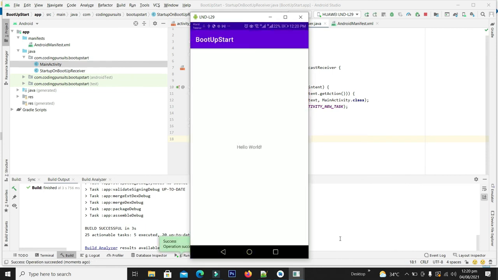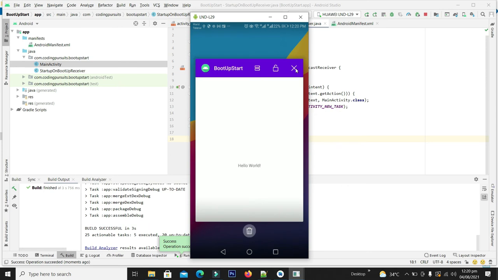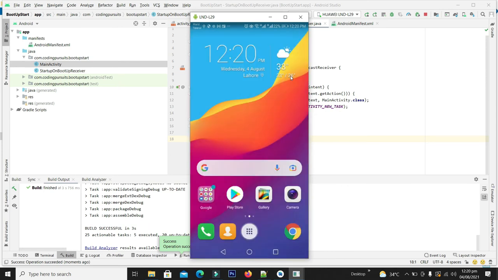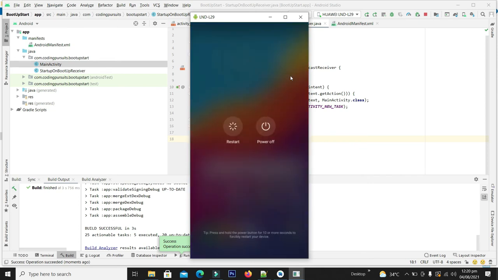Okay guys, my application is flashed now. Now it's time to test. For this I will kill my application and restart my device, and let's test what happens.